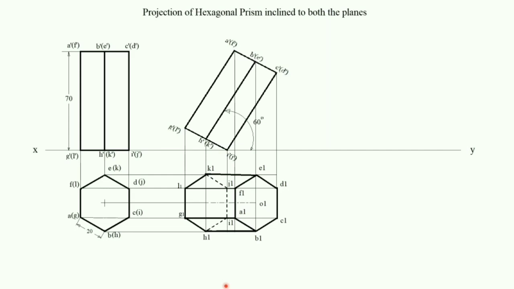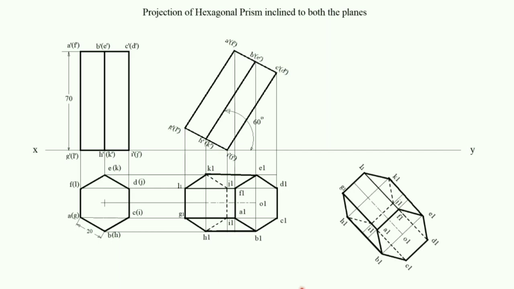Now you have to tilt the top view, because now the prism rests on this Ij edge. Ij is the edge on which the prism rests. As in the problem, the edge shall be inclined 40 degrees to the reference line. So you have to redraw the top view with the edge Ij inclined 40 degrees to the reference line.